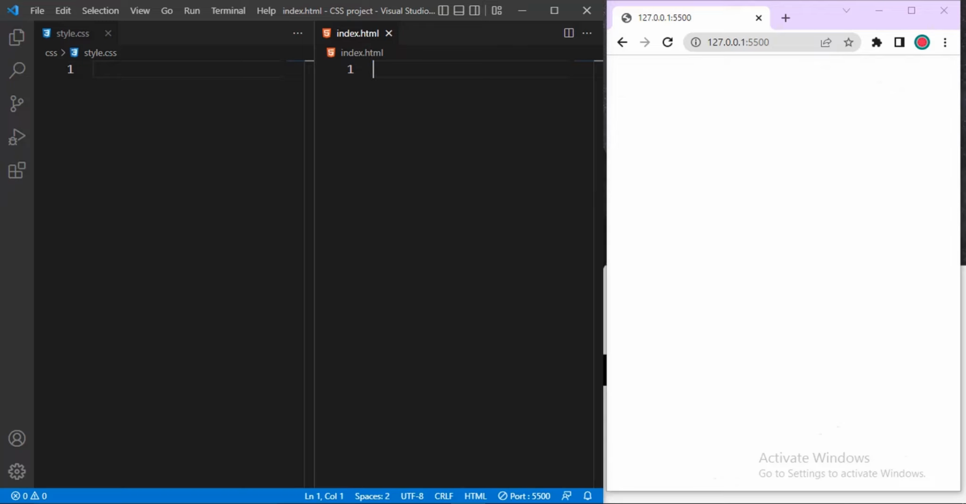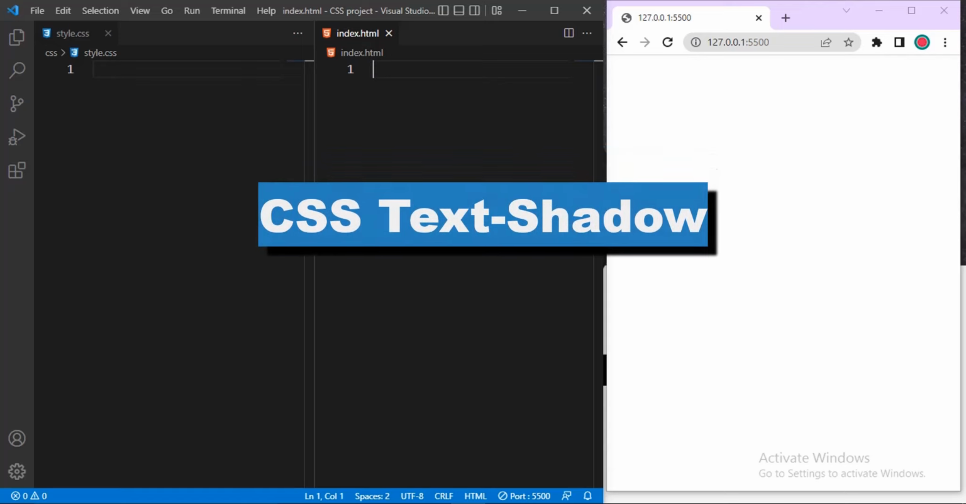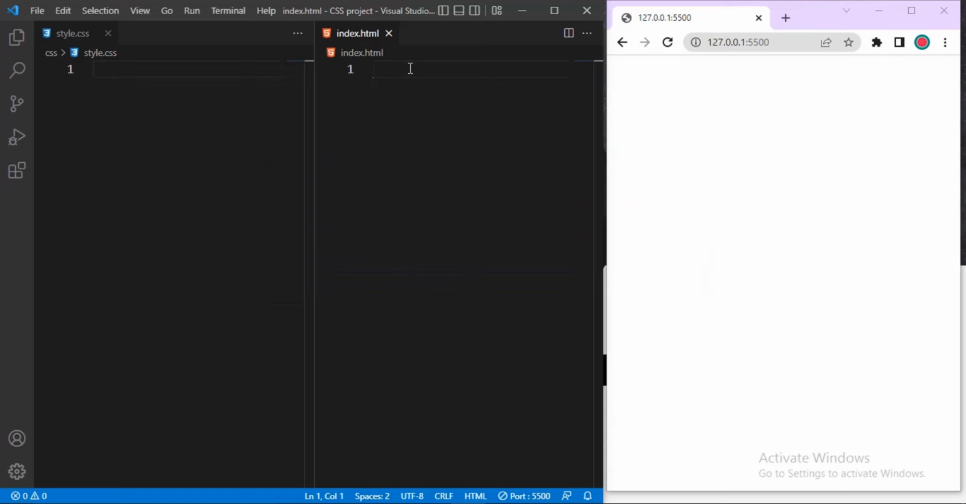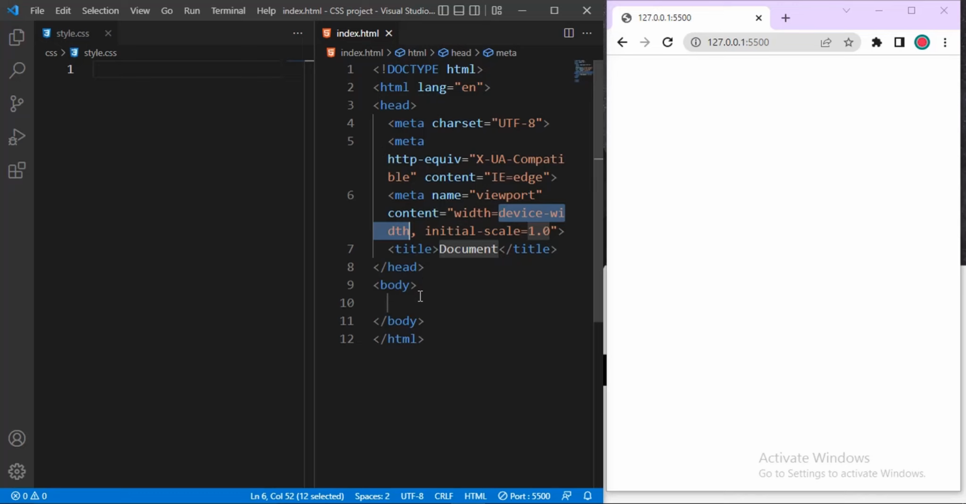In this video, I will be doing CSS Text Shadow, how to add shadow to your text in CSS. So let me start by adding the structure of HTML. So inside the HTML, I'll use header 1, h1, and let me use the sentence